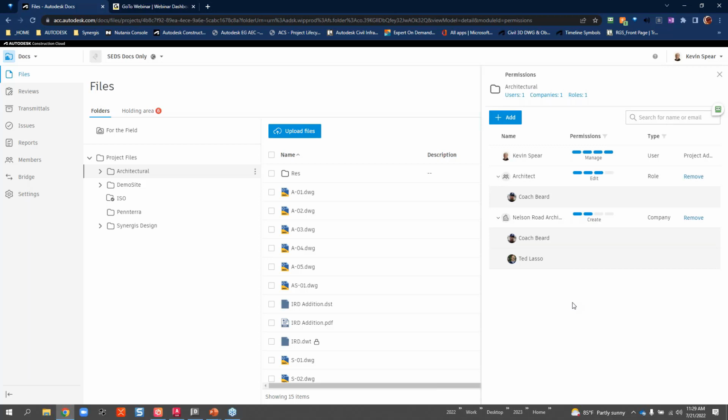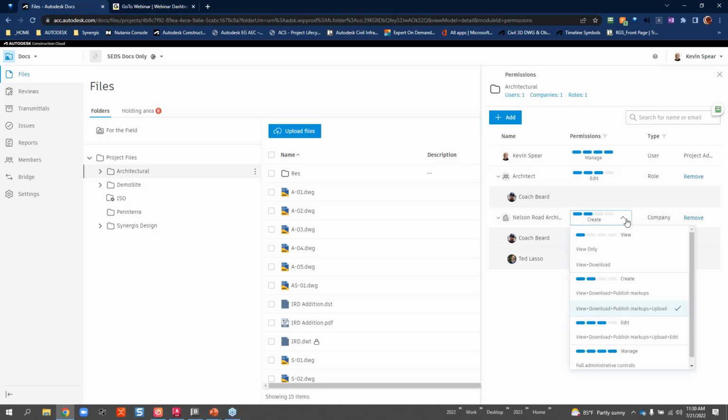Now, we have one particular individual there that is listed twice. So what permissions does that individual actually get? So here's a situation where the highest, or the most, what's the word I'm looking for? The more you can modify, that permission would win. So the create only is trumped